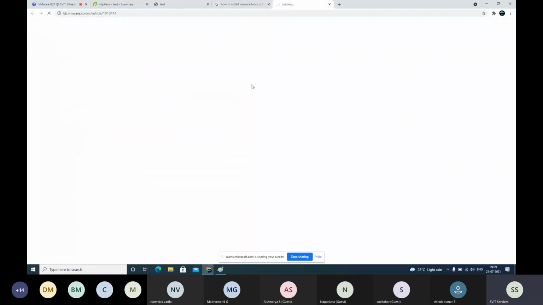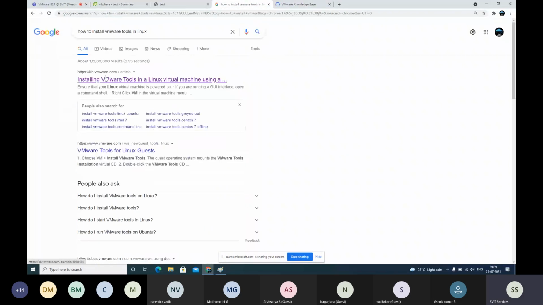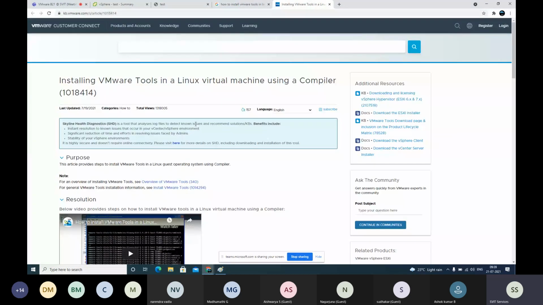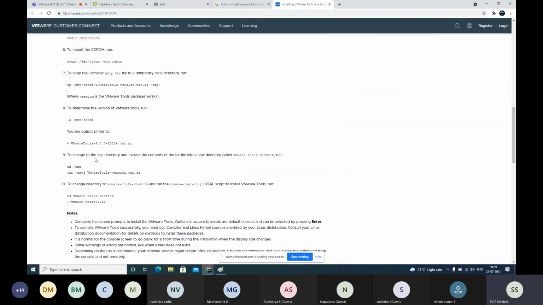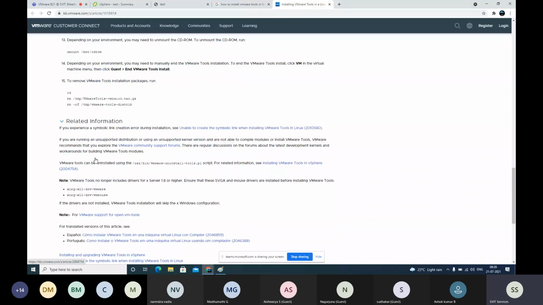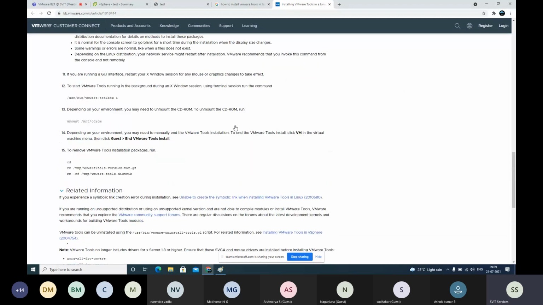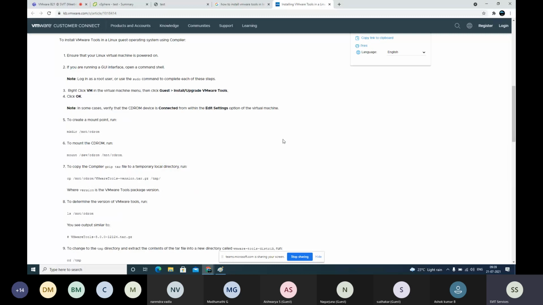So the first response itself you are getting from kb.vmware.com. It's the knowledgebase, an official VMware website. It will have the solutions for all our real-time problems. Whatever problems we get in the day-to-day job will be available very clearly with the symptoms, purpose, and resolution, a step-by-step procedure. You don't need to ask even your colleague or any friend, you don't even need to come to me if you follow these steps.